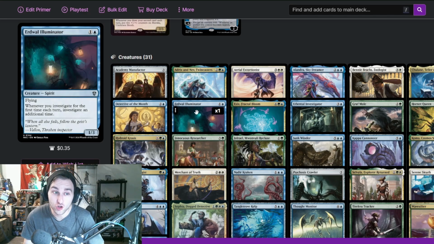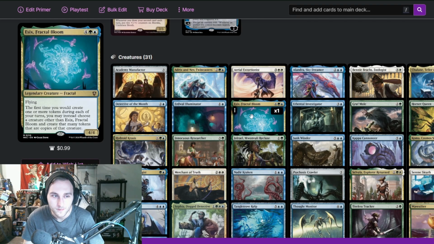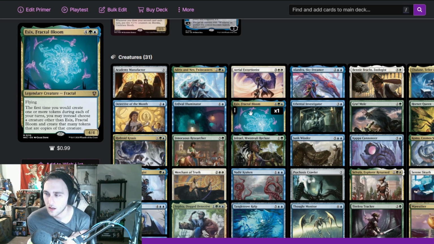This was a super strong effect, especially with Morska, because every time on upkeep I'm investigating twice, which is disgusting. So that one's definitely staying. Essex was funny. Unfortunately, it's not in the colors where I don't know if there's anything in these colors that gives tokens like ignore the legend rule. But even without copying legends and just copying normal creatures, I used this to when I got